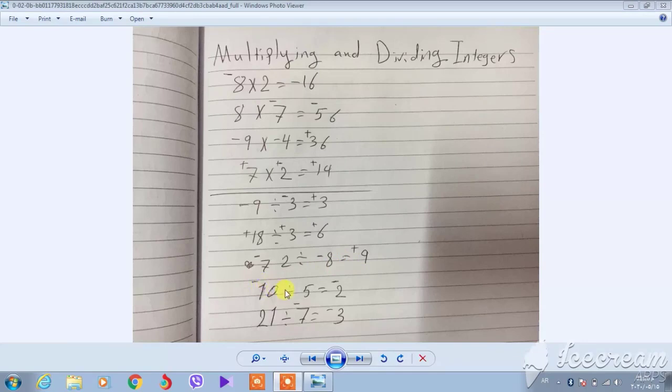And there we have different signs. Negative 10 divided by 5 equals negative 2, because we have negative and positive. In the answer we have negative because we have different signs. And third, we have 21 divided by negative 7 equals negative 3, because we have different signs. In the answer we have negative. Because if you have like signs, the answer is positive in divide and multiply. If you have different signs, it's not important which one is greater. But if you have unlike signs or different signs, in the answer we have negative, student, for divide and for multiply. That's more important for the exam.